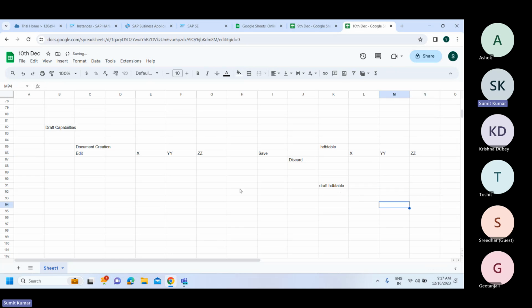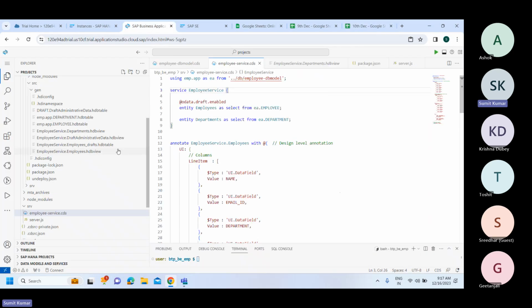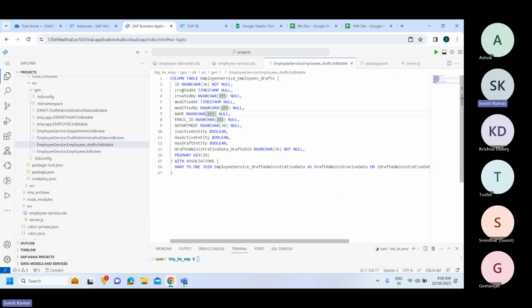So while the document is being edited, the same document will have multiple versions. In order for the system to support all this mechanism, technically we might need some sort of a table which can store the draft information. So as you can see, it's employee service employee draft, which contains the information of the draft record,